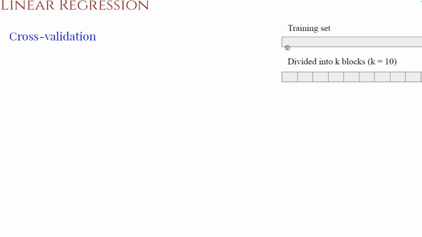When we want to perform a 10-fold cross-validation, what we will do is take our training data set. I am explaining in terms of the training data set, but if you want, you can also do it on the entire data set itself. That is left to us. Here I am explaining it in terms of the training data set.